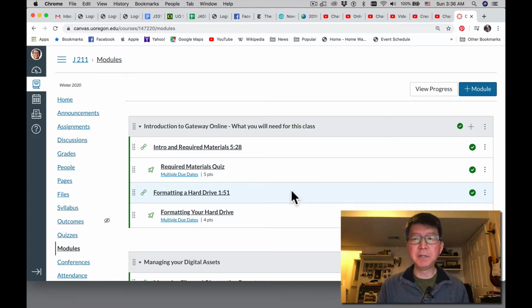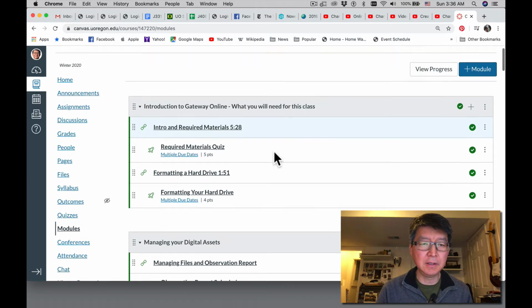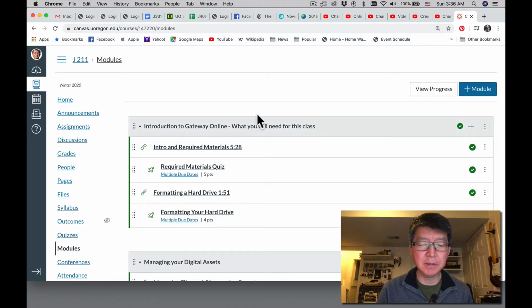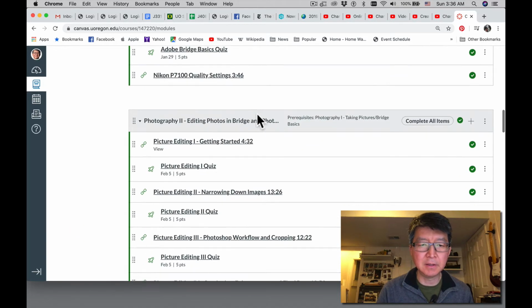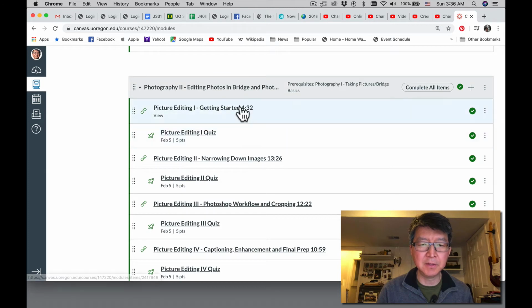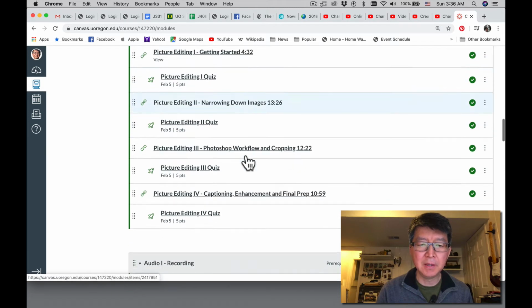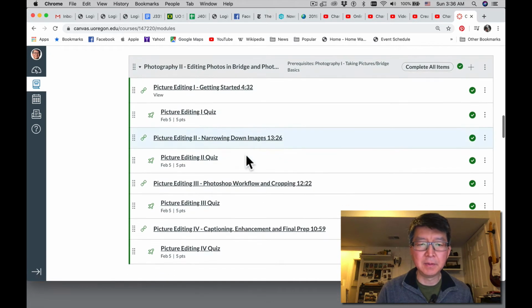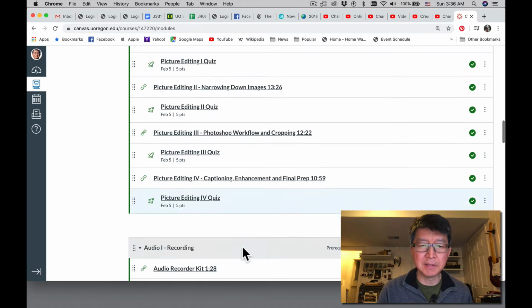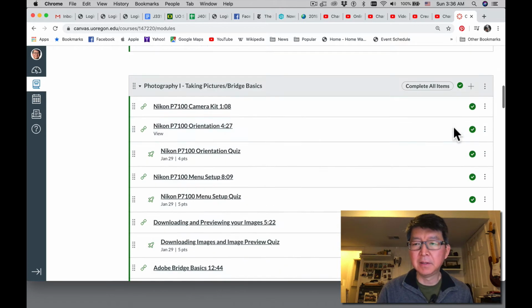Okay, now I'm going to go over the basics of creating modules on Canvas. Here on the screen you can see the modules for Gateway, and these are all a succession of videos and quizzes, and they're organized by sections. One of the things that we do is we say you have to complete all items